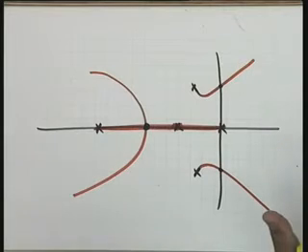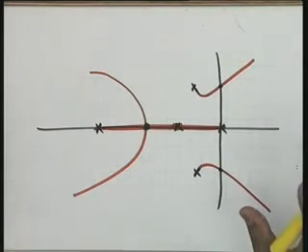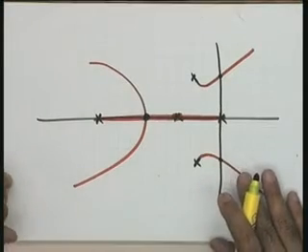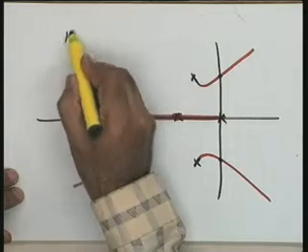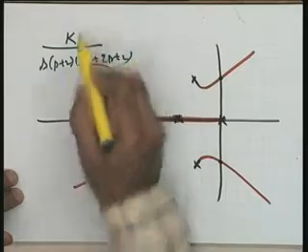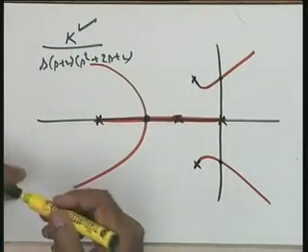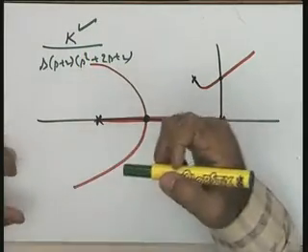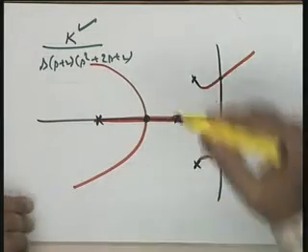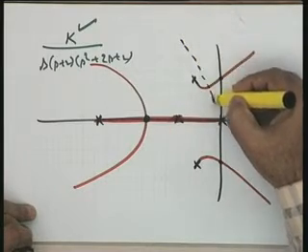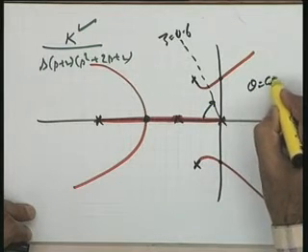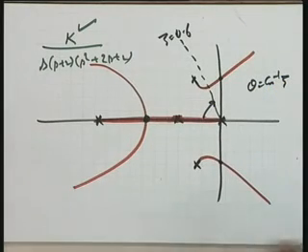Any quantitative information you want to take, you have to test the validity of this sketch by application of the angle criterion. For example, I want you to give me the value of K. Recall, the open loop transfer function was K into s, s plus 2, s squared plus 2s plus 2. I want you to give me the value of K so that the closed loop system has damping equal to 0.6. Come on please, help me, how will you do it? You know that damping equal to 0.6 is a line corresponding to the zeta equal to 0.6 line, where theta is equal to cos inverse zeta. So, you make a line in the S plane.